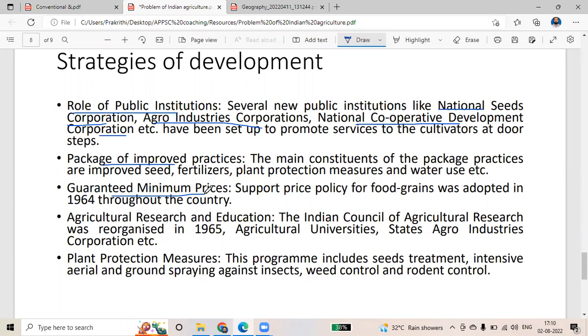So there is no minimum price, but the government says that you can't sell tomato under 4 rupees. You can't sell the tomato for 4 rupees or less. The government makes such a rule. So farmers can say, the minimum supporting price is 4 rupees, I will sell that to you at 4 rupees. So that is the minimum price. The middleman cannot say, I will give you only 2 rupees. There will be a minimum supporting price guaranteed by the government, which was adopted in India in 1964.